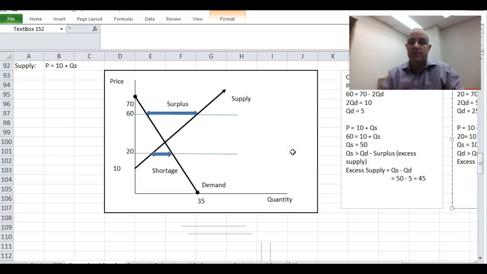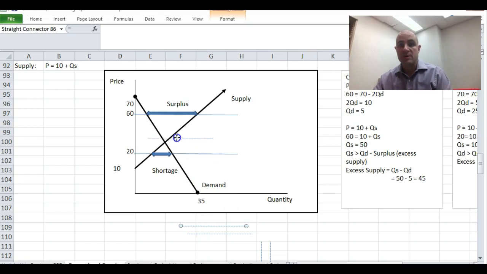So now that we have just talked about what happens when there is a surplus or a shortage, let's talk about what the end result is going to be. Again, if there's a surplus, if we have excess supply, it's going to push prices down. If there's a shortage and we have excess demand, it's going to push prices up. This is going to continuously happen until we get to the point where there's no surplus, no shortage, no excess demand, no excess supply. And when we get there, that is going to bring us to this point right here,